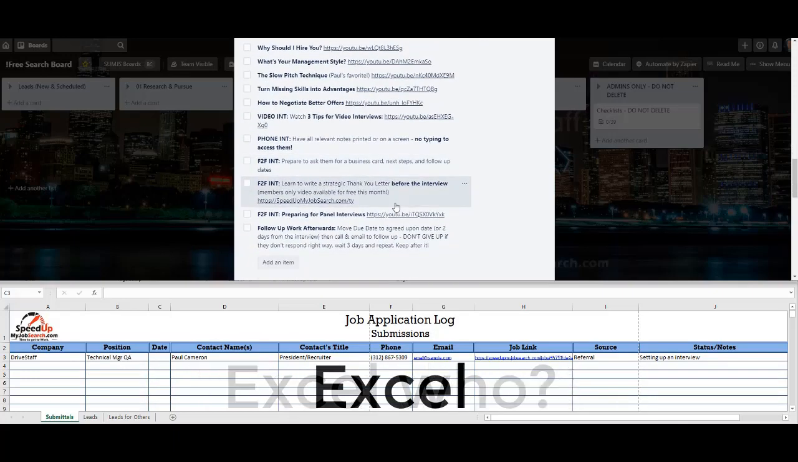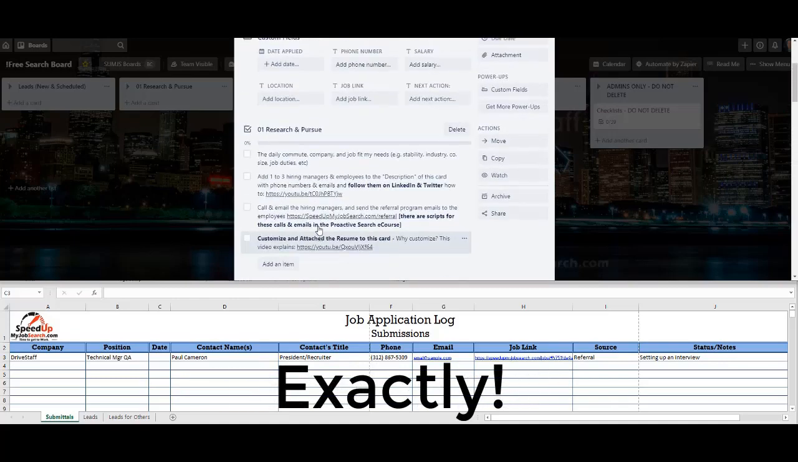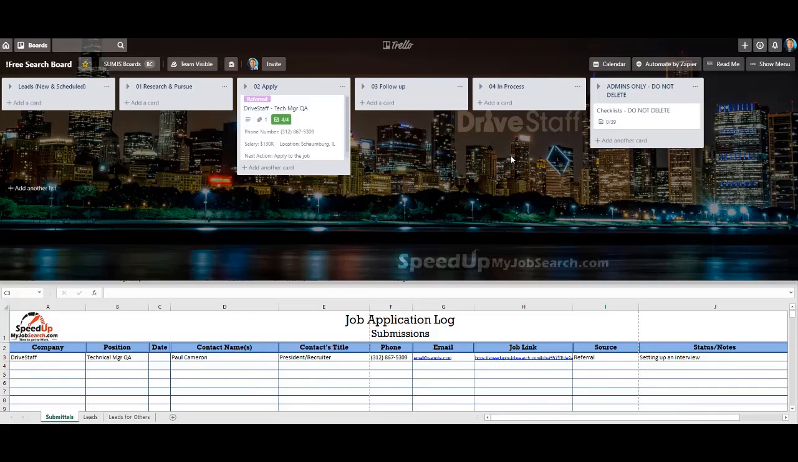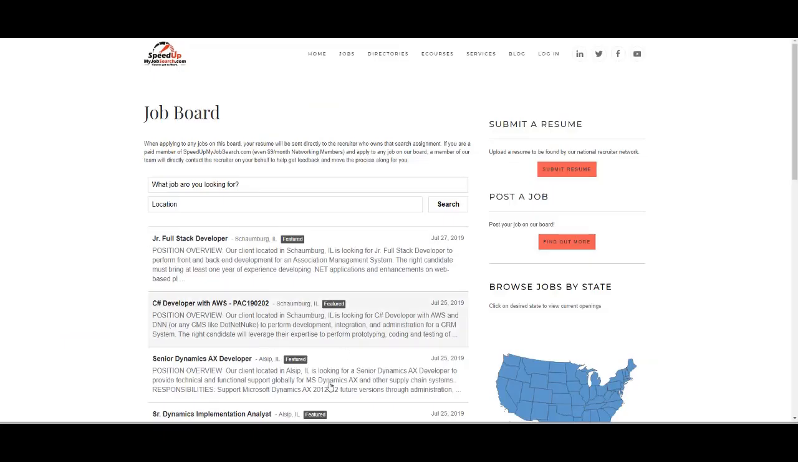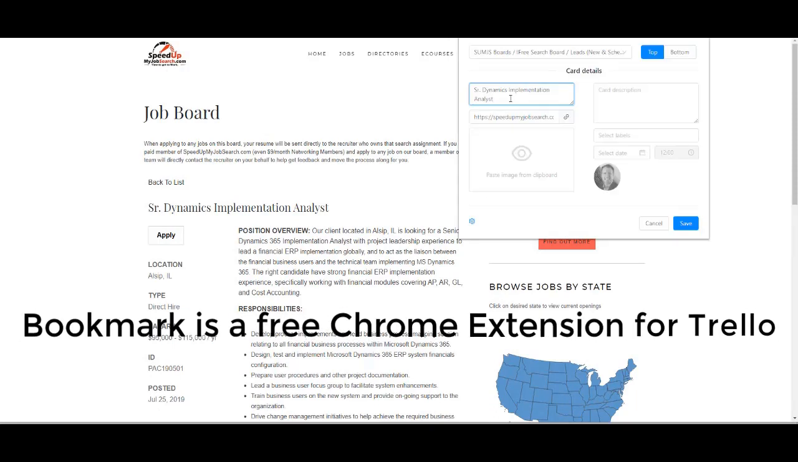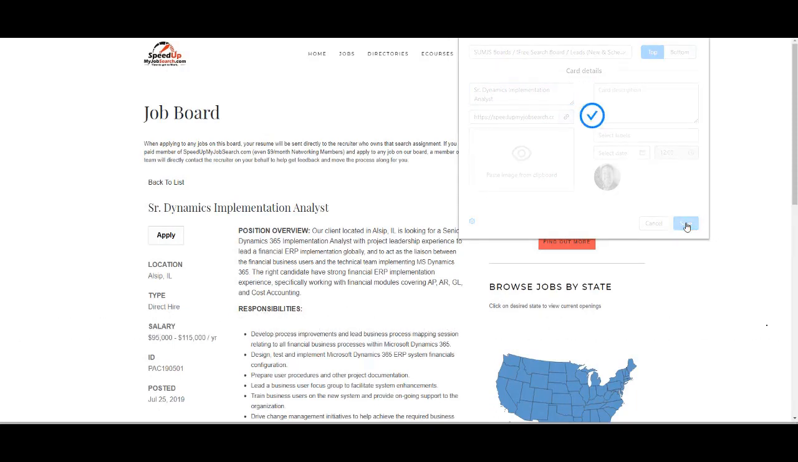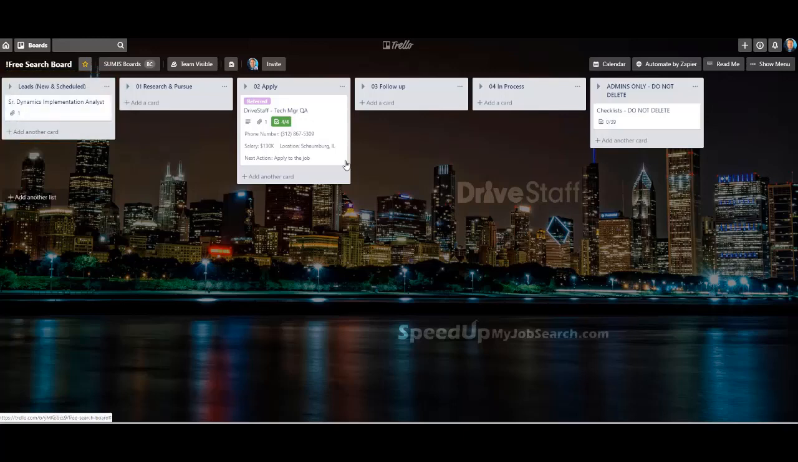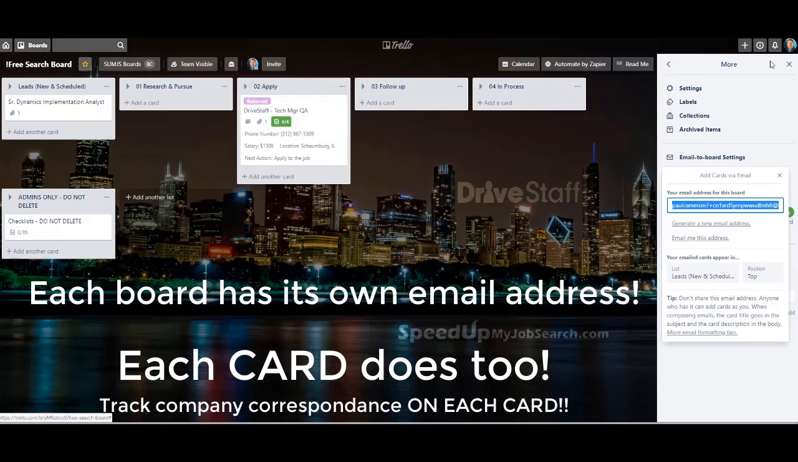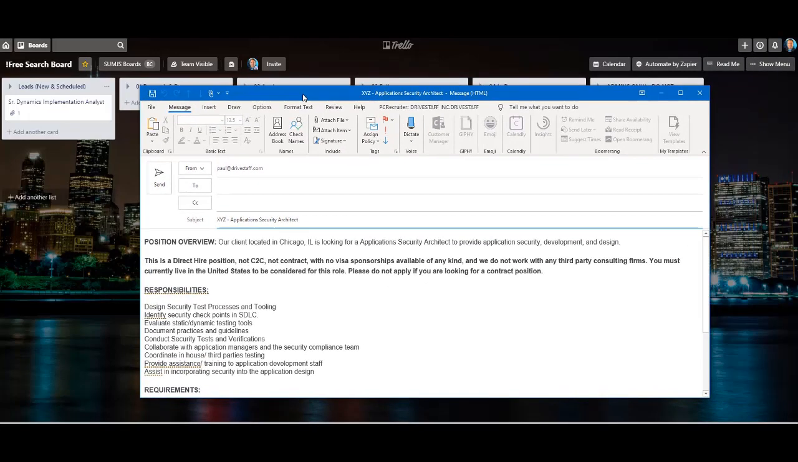Again, all of this is free, so I would just highly encourage you to use this. Trello has its own free app, so you can have this with you on your phone or your mobile device wherever you are. To get things into this, it's super easy. You can just go to a great job board like this one, click on bookmark, get the title in there, click save, and there it is. If you've got it in your inbox, email to board settings, I'm going to copy that, paste it, send it,